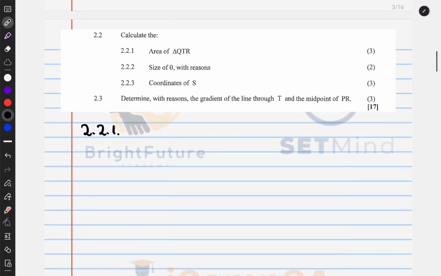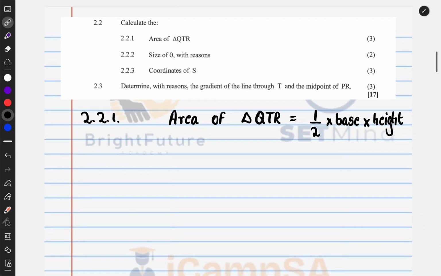And I'm saying, in order to calculate the area of a triangle QTR, we use the formula, which is 1 over 2 times base times height, or half base times height. That's how we calculate the area of a triangle. So let's come here, so for area of triangle